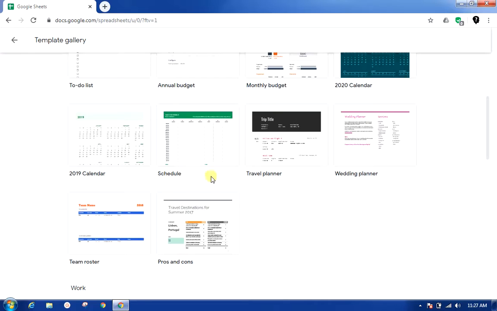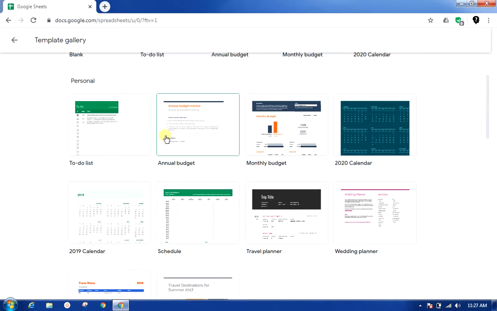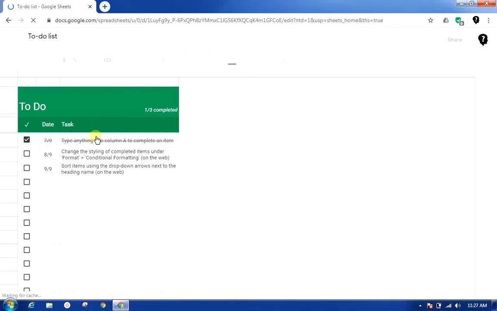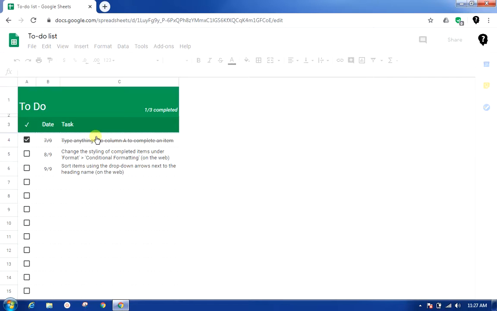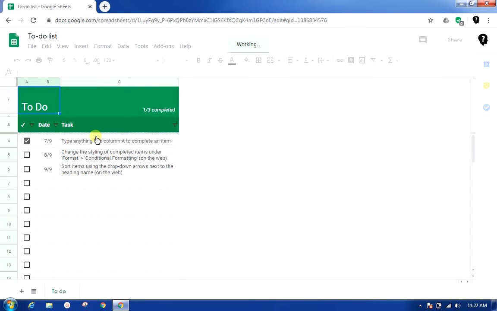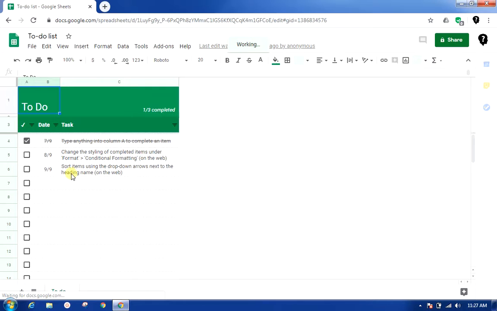If you want to use one, you can just click on any of the templates, say the to-do list, and it will open. The advantage of using a template is you get the formatting and the related functionalities already pre-configured for the particular requirement.